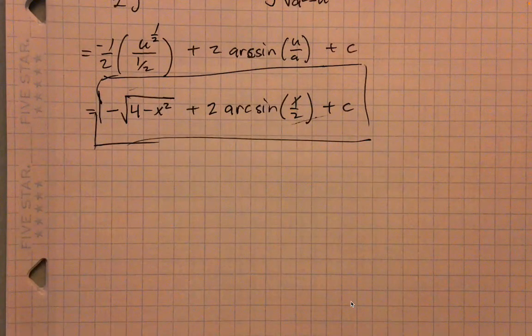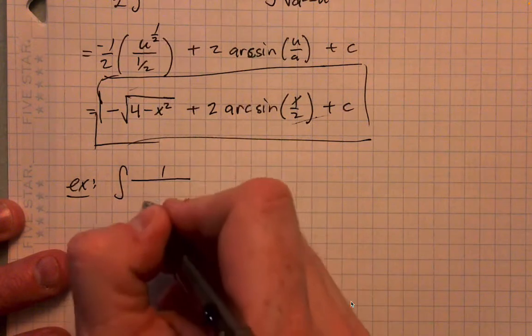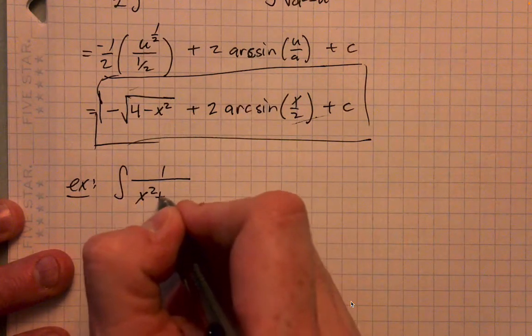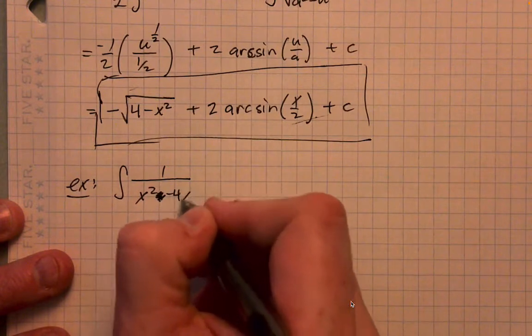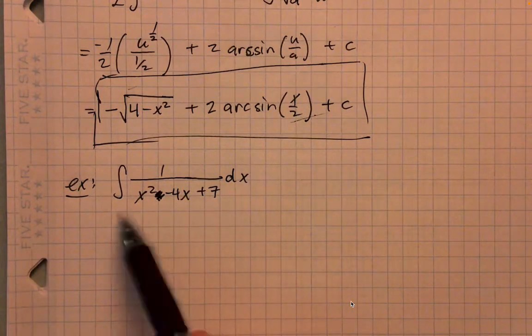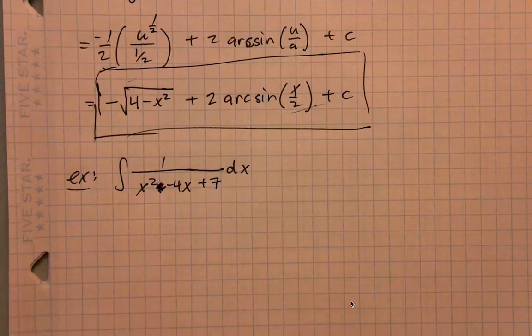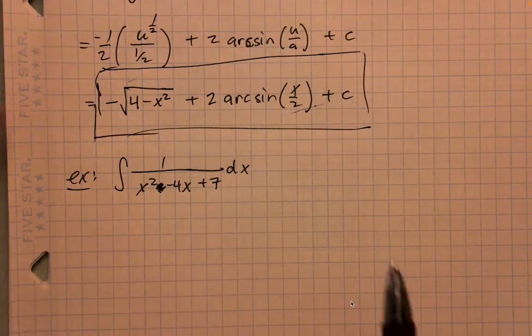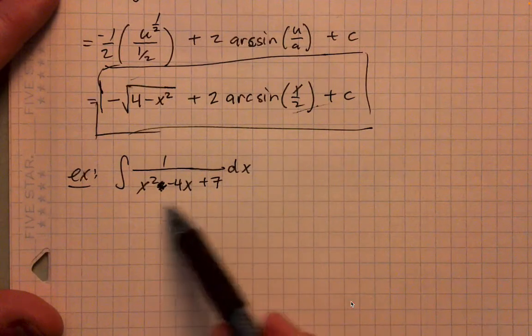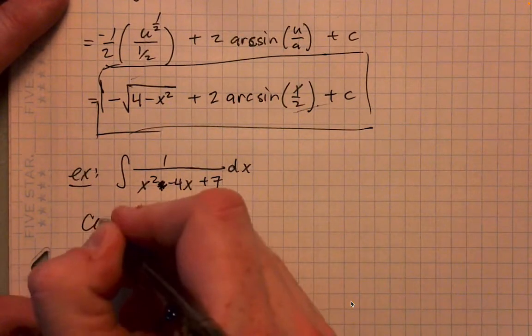Okay. The next example is this one. So the integral of 1 over x squared, actually, x squared minus 4x plus 7. Okay, now you've got this quadratic in the denominator, and this is going to be a great example to introduce this technique where we'll use completing the square to help us transform the integrand into something that we can use. And so completing the square,